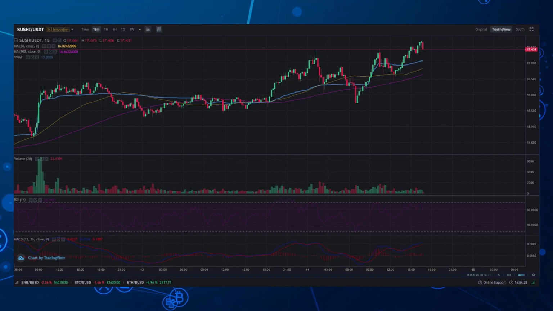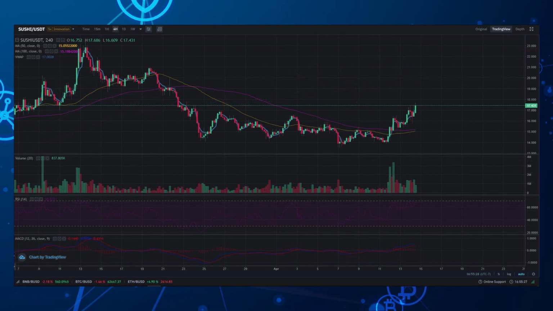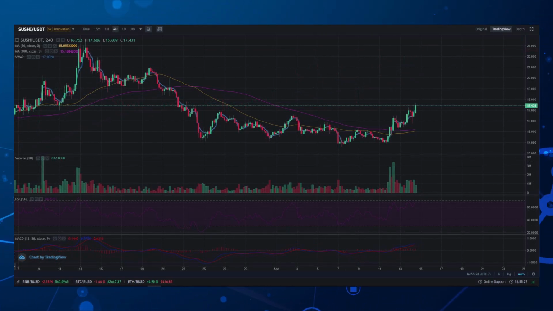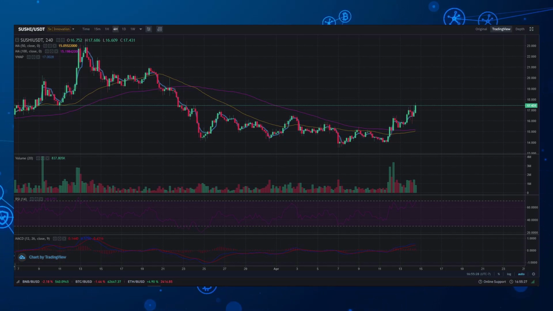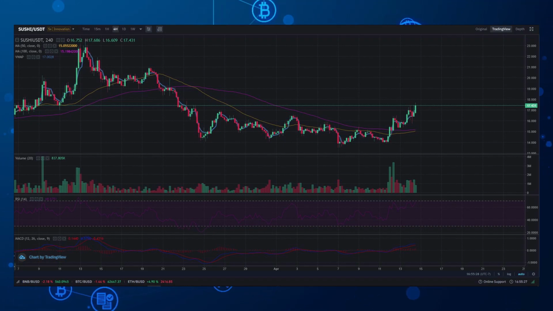For my swing traders out there, taking a look at the 4-hour chart, you can see the 50 and 100-day moving averages are working as support lines. So be mindful of this moving forward, as they will get tested soon after the price sells off and loses momentum. Currently, the indicators tell us the bulls are in control, but this could change at any moment with the RSI being as high as it is.